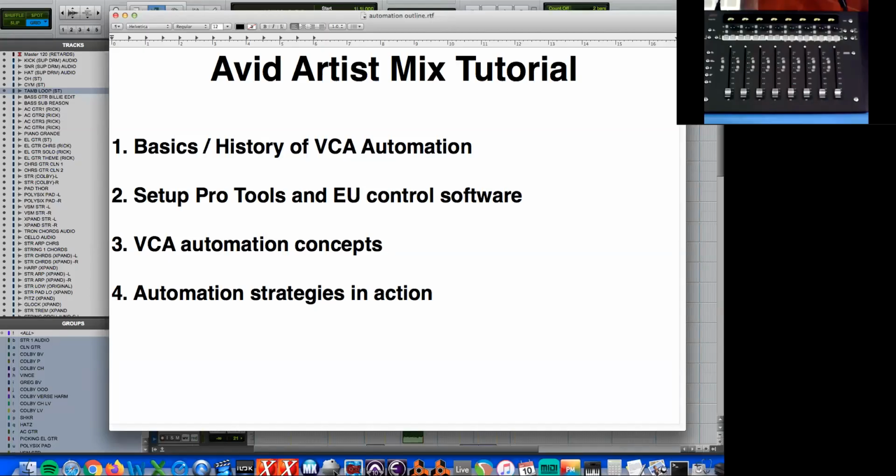Okay, this is going to be the automation video tutorial. This will be video number 1. We're going to discuss basics of automation, history of VCA automation. So automation is simply any time that any parameter, could be volume, panning, mute, and plugin automation, plugin parameters can be moved by the computer in this